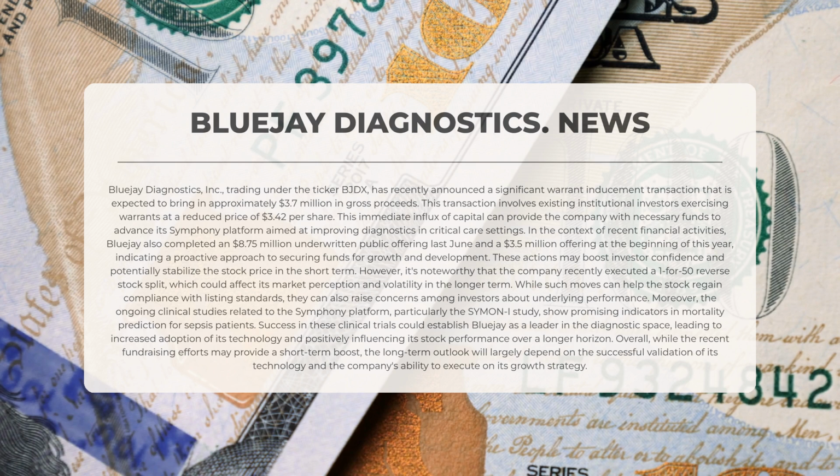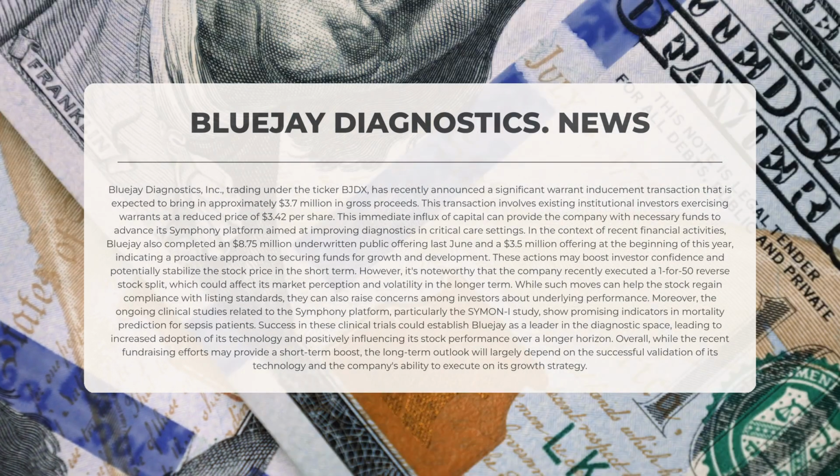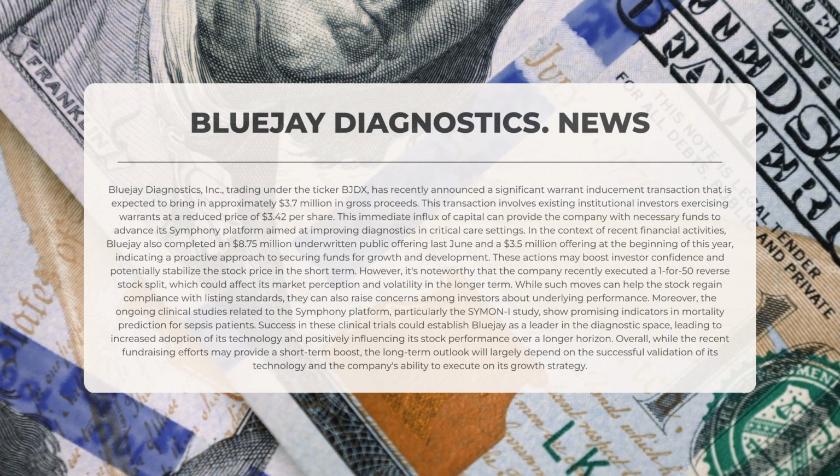However, it is noteworthy that the company recently executed a 1-for-50 reverse stock split, which could affect its market perception and volatility in the longer term. While such moves can help the stock regain compliance with listing standards, they can also raise concerns among investors about the underlying performance. Moreover, the ongoing clinical studies related to the Symphony platform, particularly the Simon Eye study, show promising